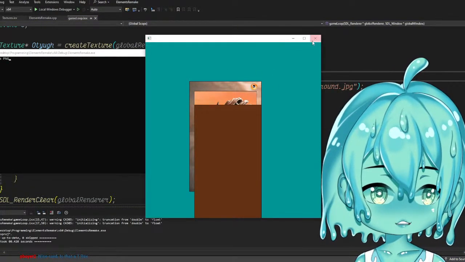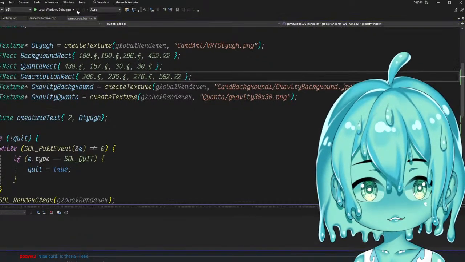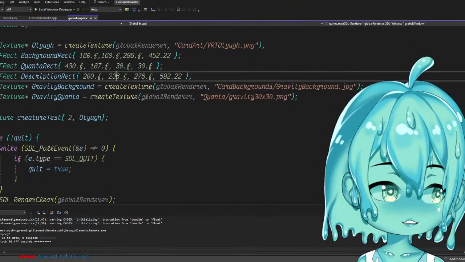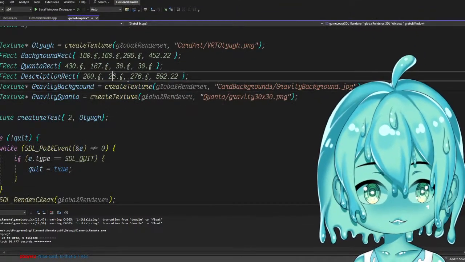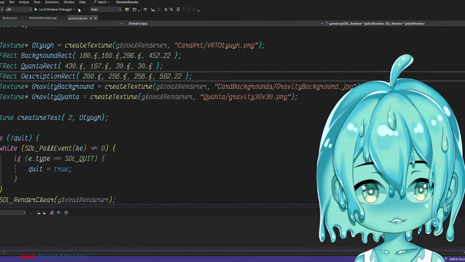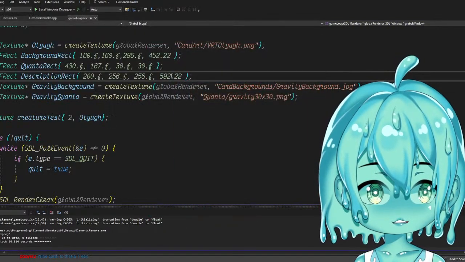Okay, well, I guess it needs to be 236? Oh, no, god damn it. Okay. Close. Control Z that. That was correct. The width needs to be 256. There we go. And then the height needs to be